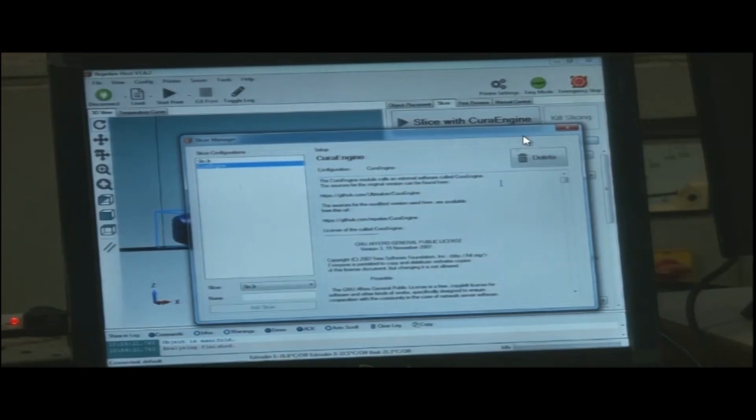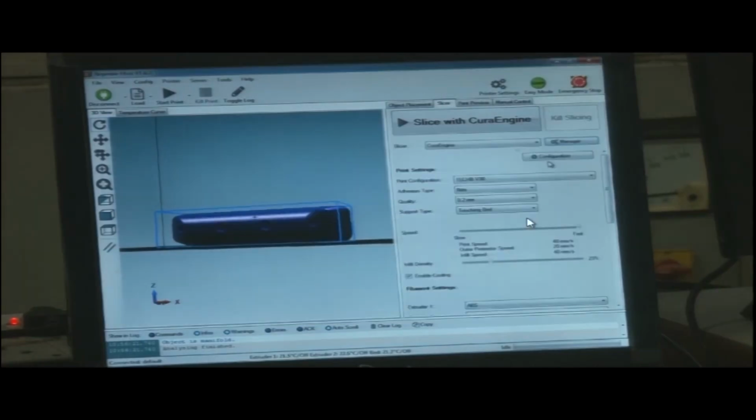Now we have the manager tab here. When we click the manager tab, this window pops up. The manager is for the advanced version. For instance, if some big manufacturer needs to calibrate the machine, he needs to go to the advanced settings. Then he can use this manager. We would not use this. Next one is